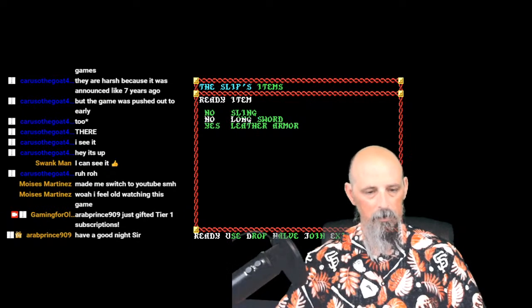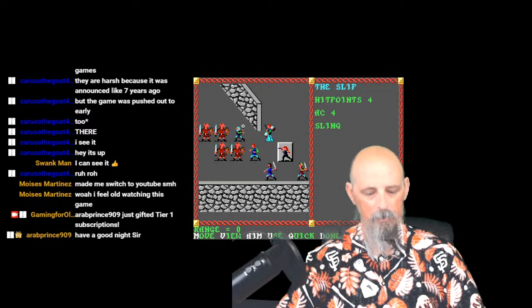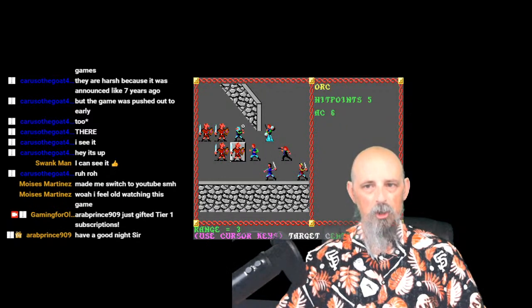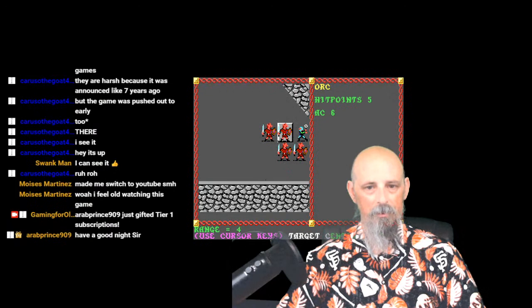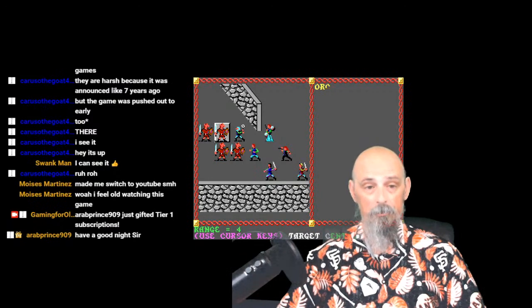There we go, and exit, exit, aim, boom. And we'll go manual. Okay, so we see here Chomper is in a bit of trouble. He's got 3 mobs here, and that seems to be only 4 total. But 3 of the 4 can attack him, and this guy more than likely is going to round to the top. So I'm going to attack the one that is